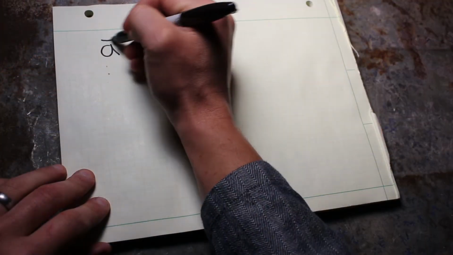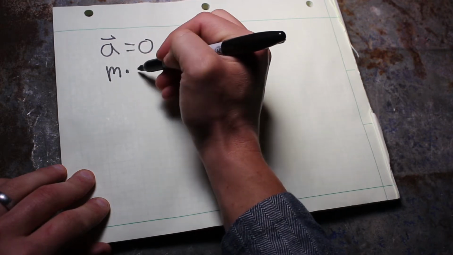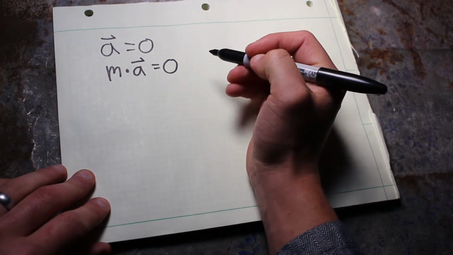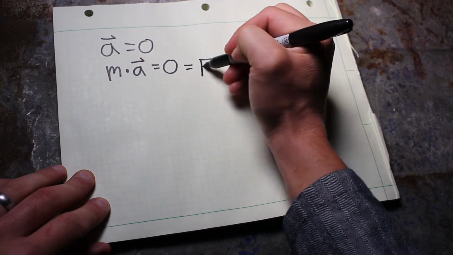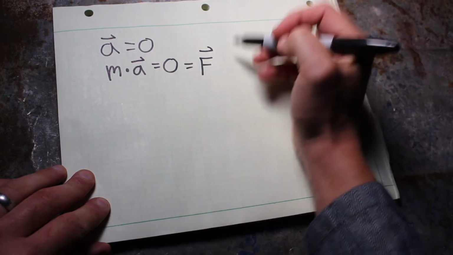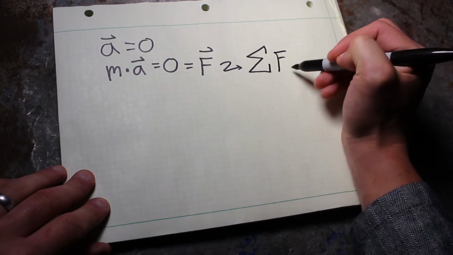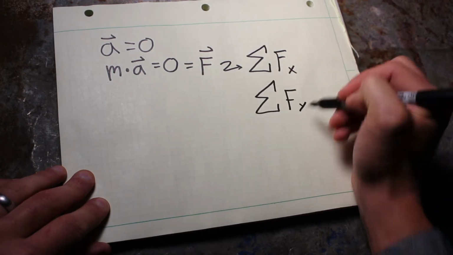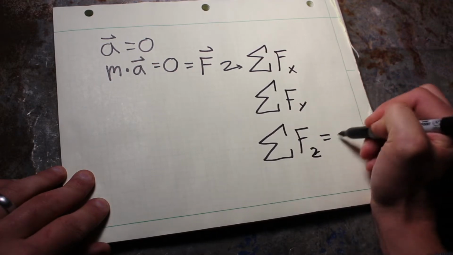So if your acceleration vector is equal to 0, then mass multiplied by your acceleration vector is equal to 0. And we remember from Newton's second law that mass multiplied by acceleration is force. So when your forces are equal to 0, more specifically, the sum of all your forces in the x direction, the sum of all your forces in the y direction, and the sum of all your forces in the z direction equals 0,